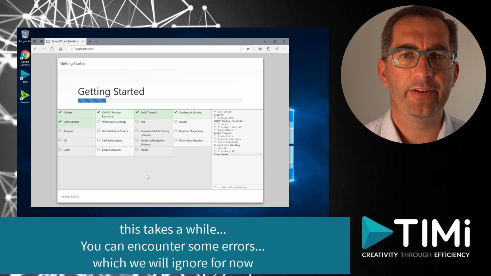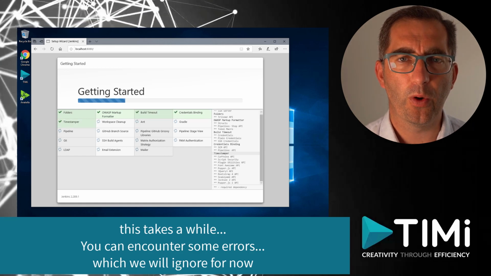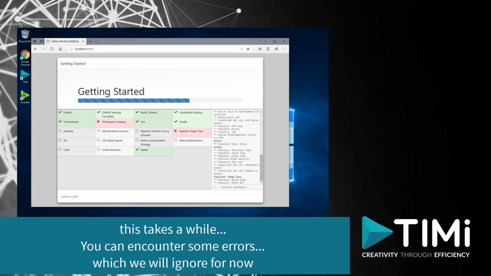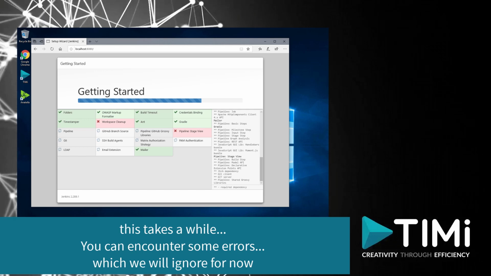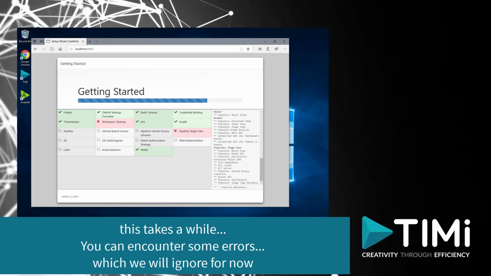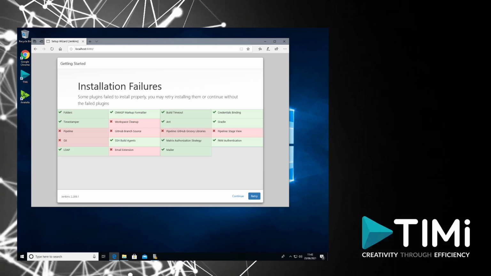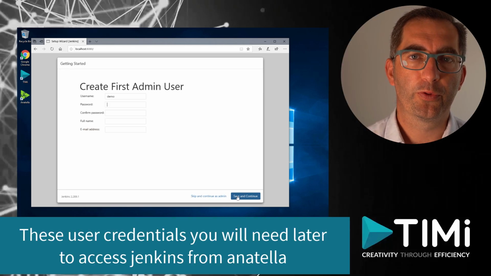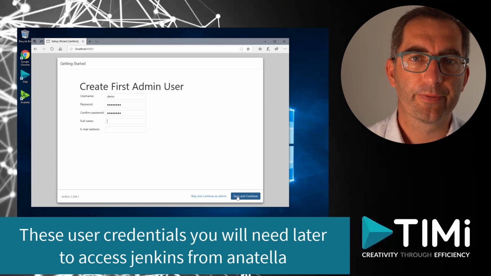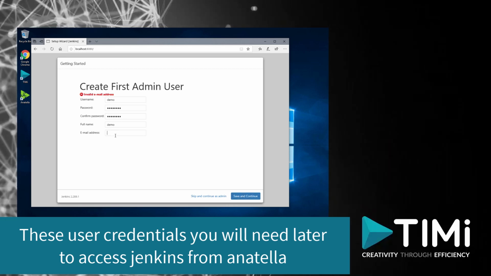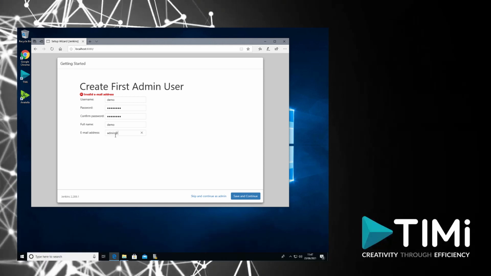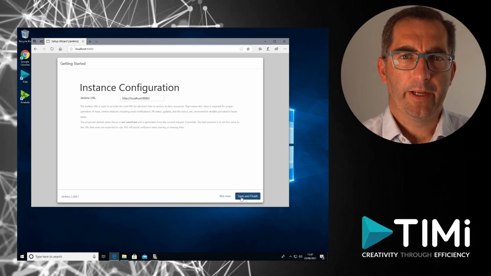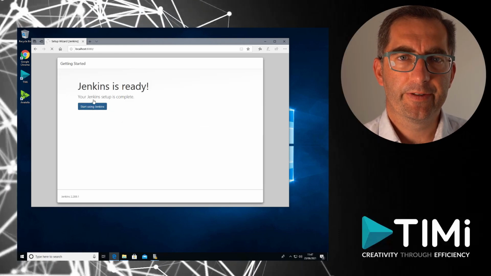We can always install later on the plugins we want. When the plugins are installed, you will be prompted to create your first admin user. Okay, now we can close up the installation of Jenkins.